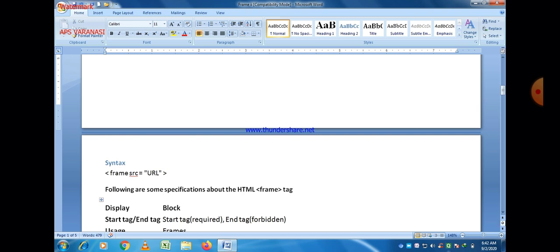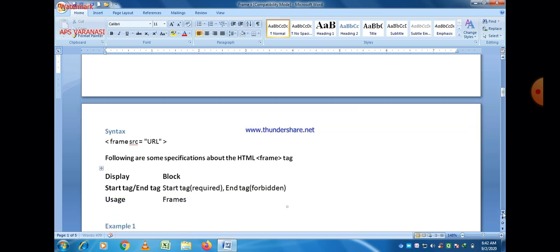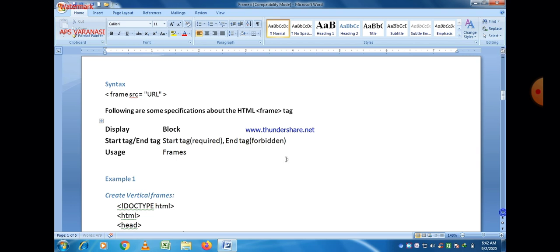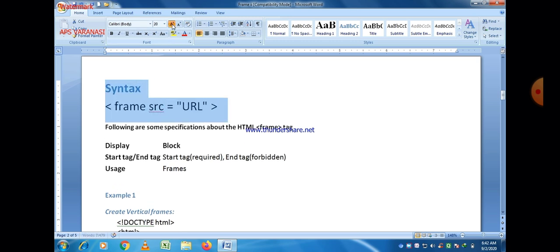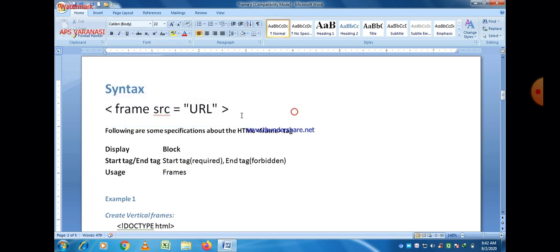So that is the syntax of a frame. src is the attribute in which you can give the url of a frame. So that is the syntax to use a frame in your HTML web page.